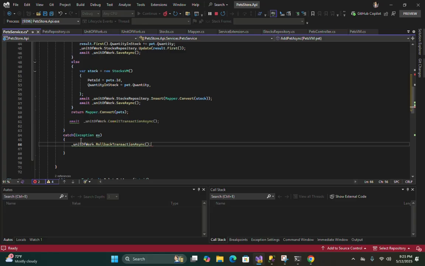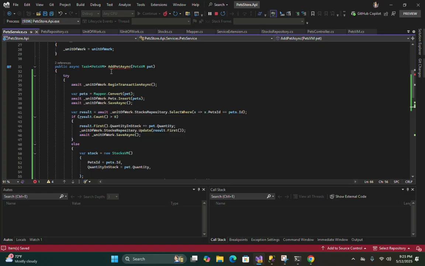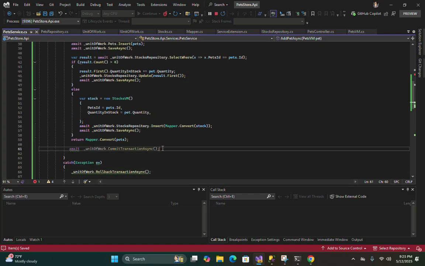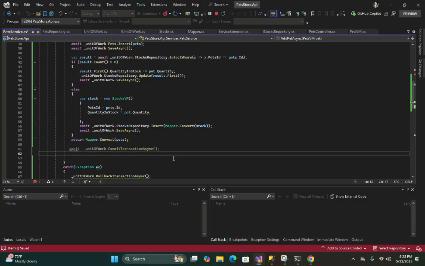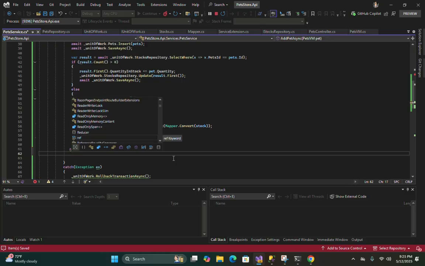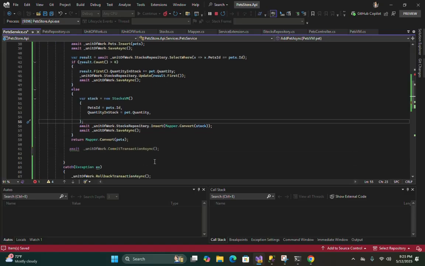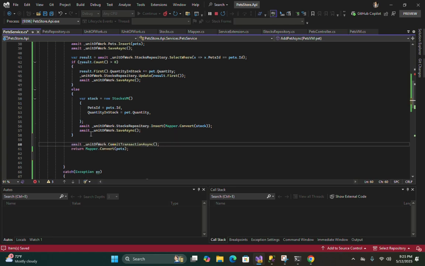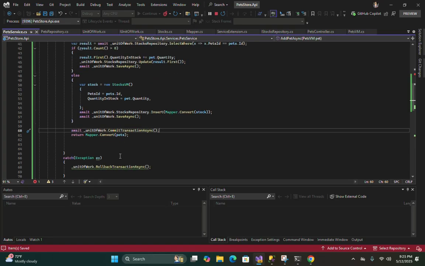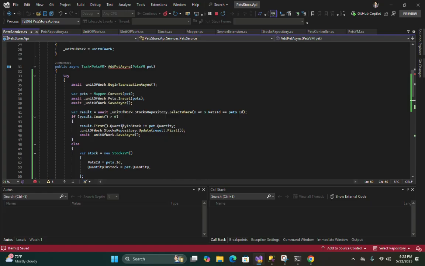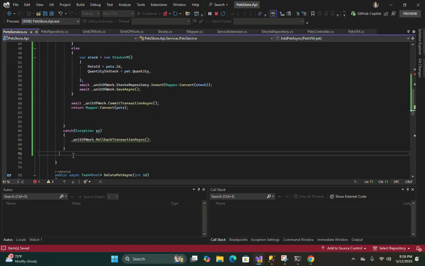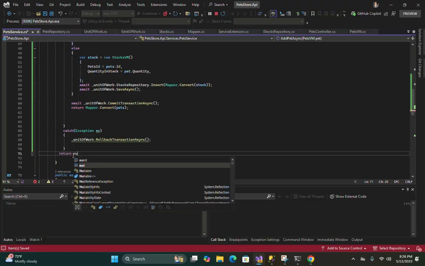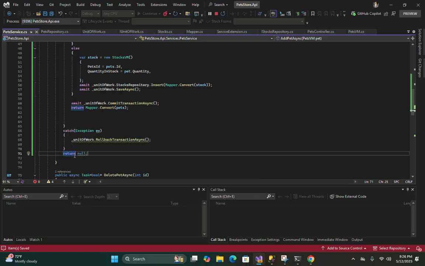All right, if you go to the catch block we can roll back the transaction. So before returning we are committing our transaction. All right, now we can return the data. Now if we catch something we are returning null.